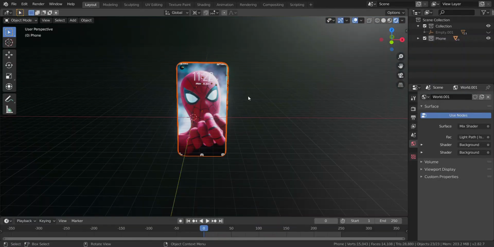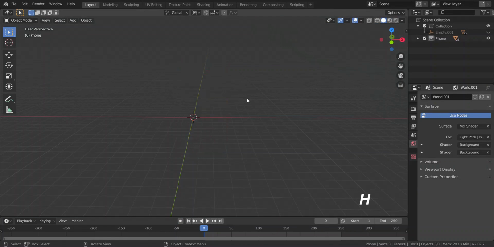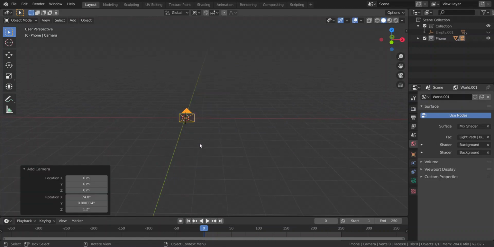Back to layout window, switch to solid view, select all, hide. Let's add a camera. We have camera right here. Make all rotation 0 by Alt R,